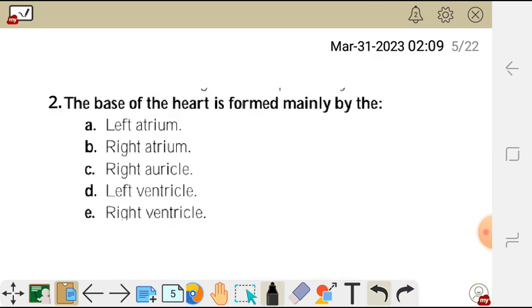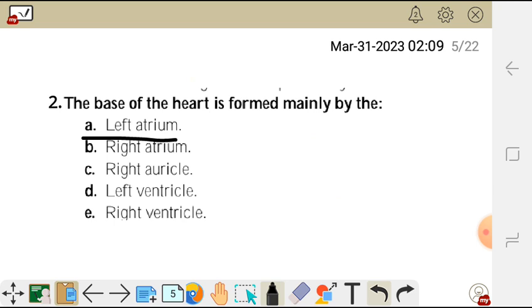We move on to question 2. Question 2 reads, the base of the heart is formed mainly by the: A. Left atrium, B. Right atrium, C. Right auricle, D. Left ventricle, and E. Right ventricle. So the base of the heart is formed mainly by the left